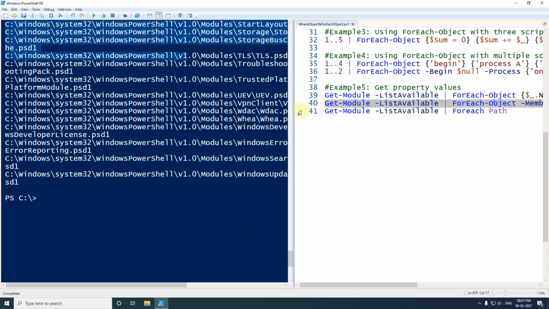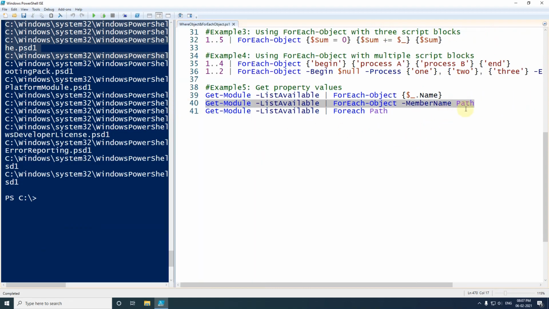So this is how we can specify what property we want to print using ForEach-Object. And now we have the last example, and this is very similar to the earlier one. This one also will be giving path only, but here I have used the alias of ForEach-Object, and here I have not used any parameter.